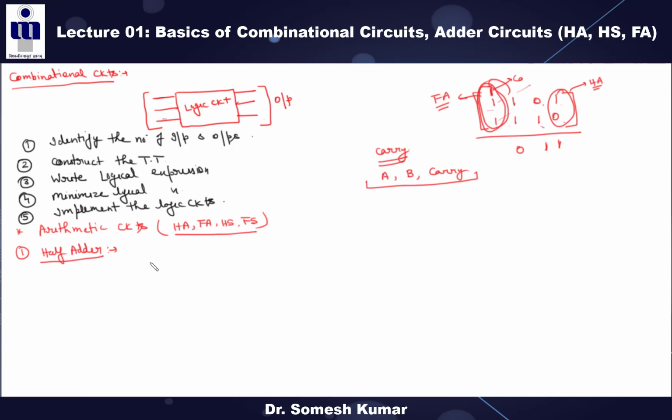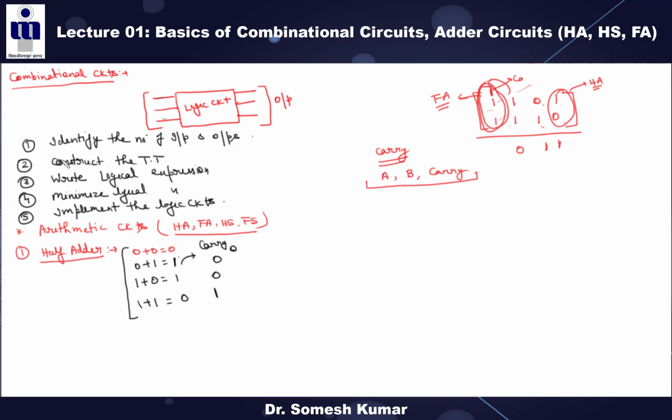So in the half adder, similarly, you know the binary addition, 0 plus 0, 0, what is 0 plus 1? 1, and carry is also here, I am writing the carry, right? 0 plus 0, sum is 0, carry is also 0, 0 plus 1, sum is 1, carry is 0, 1 plus 0, sum is 1, carry is 0, 1 plus 1, tell me. Sum is 0, carry is 1, right? This is the purpose of this half adder, right?